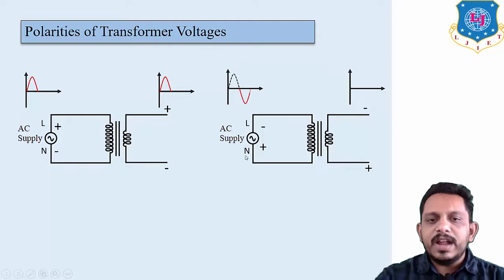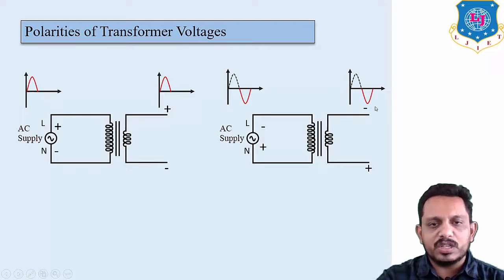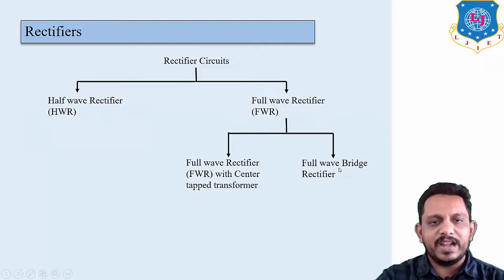Now if you give line to the negative of the coil and neutral to the positive of the coil, so reverse connections are given to this transformer. So that means in positive cycle we are not giving any voltage, or you can say that we are only talking about the negative cycle because we have connected in reverse condition. So in the output side also you will not get any voltage at the positive cycle, you will only get the voltage at the negative cycle. So if you give this type of supply, you get the output at positive. If you give this type of supply, you will get the output at negative only.